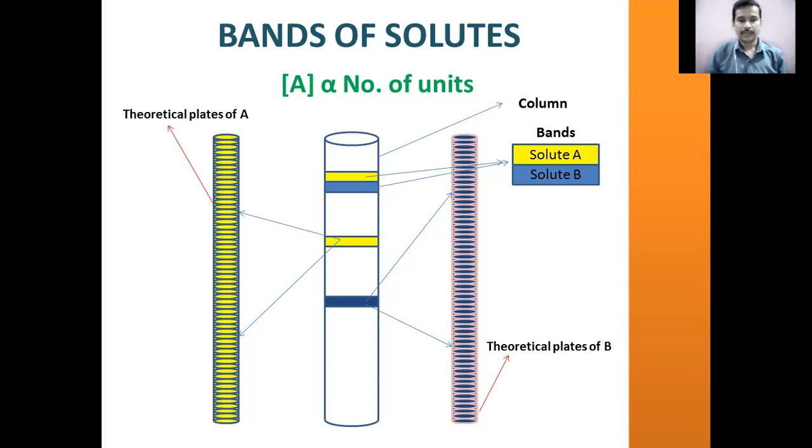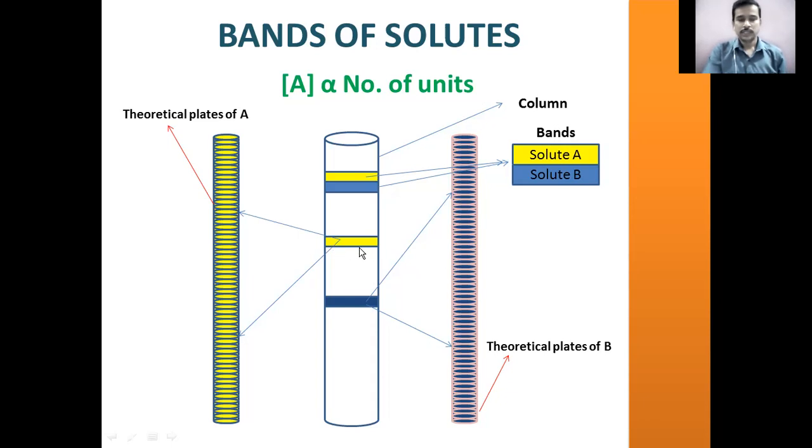and they are associated with several kinetic aspects. As they move down the chromatographic column, the width of each individual band also increases. That is called band broadening. So this is an individual band, and the width of this particular band keeps increasing as the bands move down the chromatographic column, and this increased width of the individual band is due to several kinetic parameters that we will discuss when we come to the theory of band broadening.